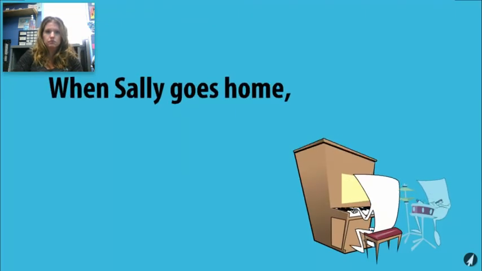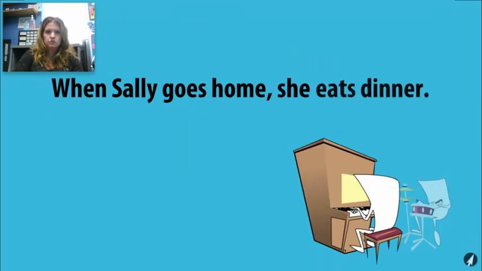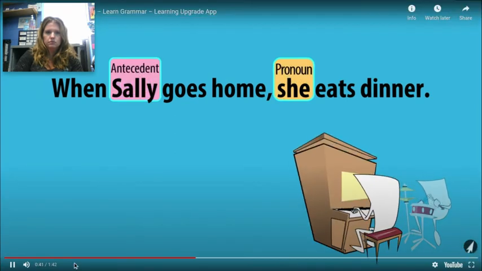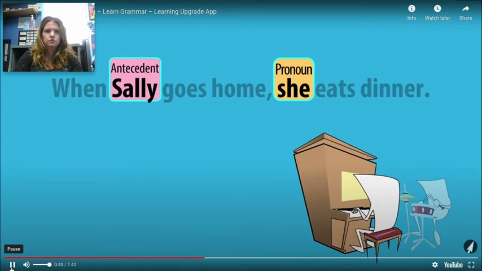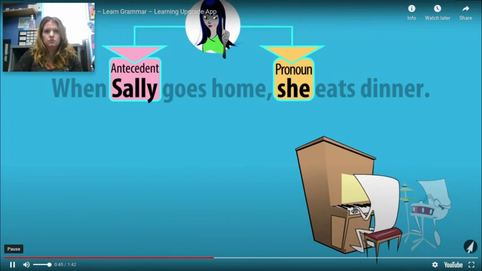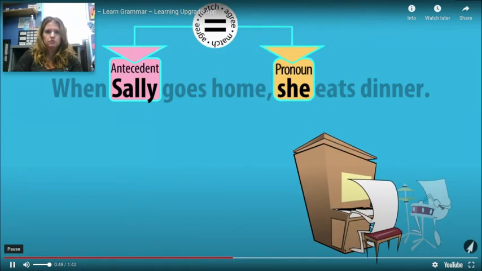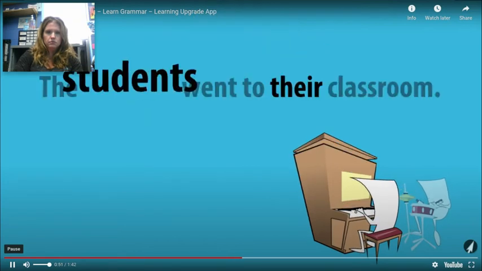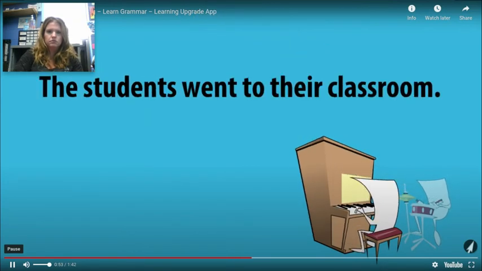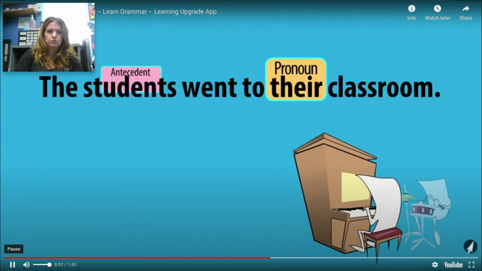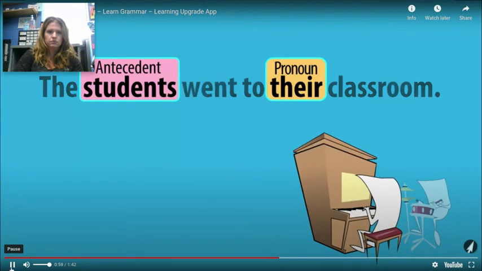When Sally goes home, she eats dinner. She is the pronoun. Sally is the antecedent since Sally is one woman. The pronoun she is in agreement. The students went to their classroom. Their is the pronoun. Students is the antecedent since